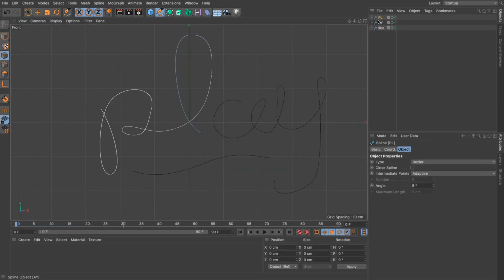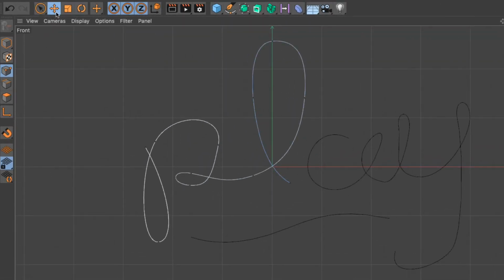Now, if you want to go and do some editing to these splines, you need to select the appropriate spline, make sure that this little button here, which is called Use Point Mode, is enabled. Because if this is enabled, then you actually edit the object as a whole, whereas this one allows you to go to each component, like the points. In this case, we want to adjust the points. And go to the Move tool, this little cross here. And now, what you can do is hover over the point you want to edit, click once, and then you can drag anywhere to move it, or go to the control vertices and change the Bezier curve.